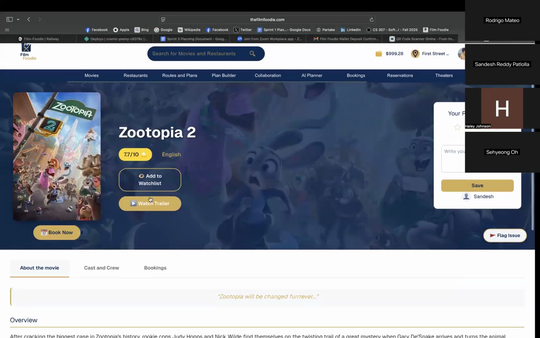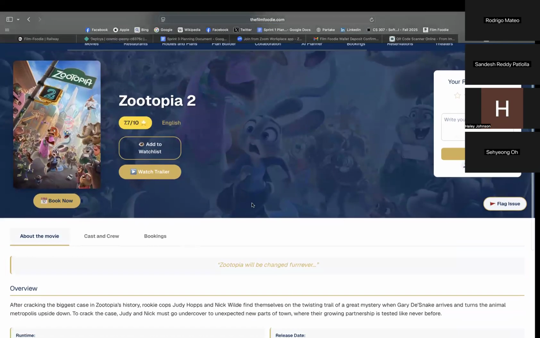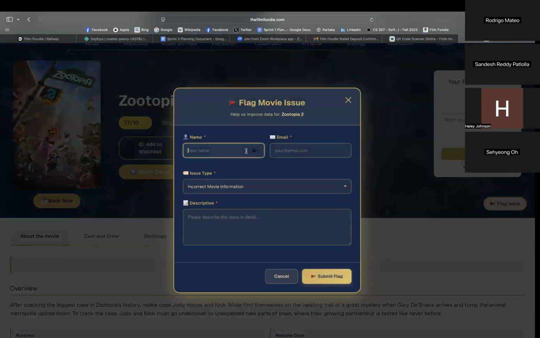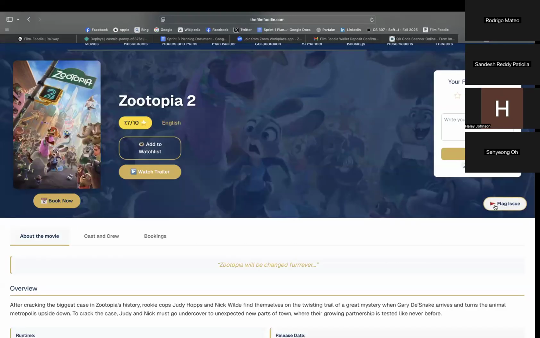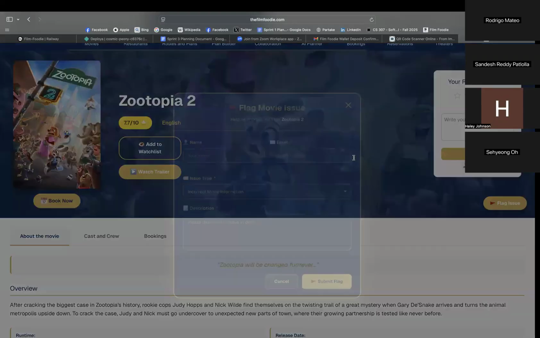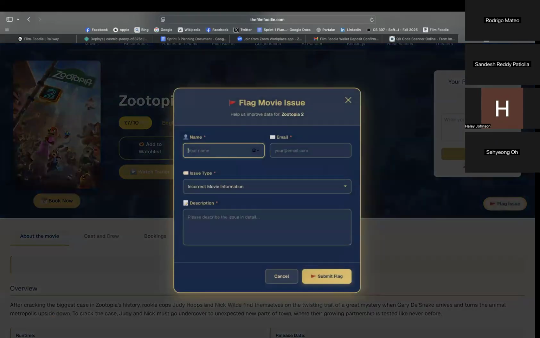I'm saying Peter, he's not even there. So you need to go to the movie detail page. There's a thing called flag issue. It's the same modal as Helios's, but as a pop-up. There are three ways to close the modal, and if you close it, nothing happens. You can close it this way, click here, or click cancel, and nothing happens. But if you need to fill it out, go ahead